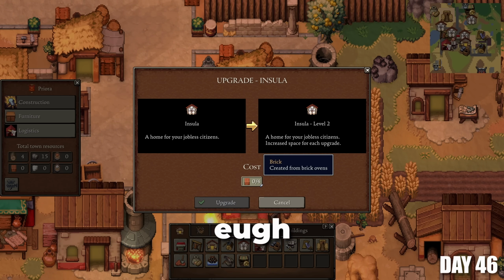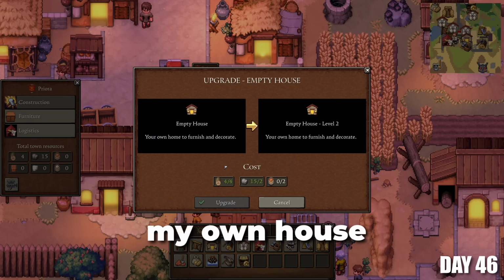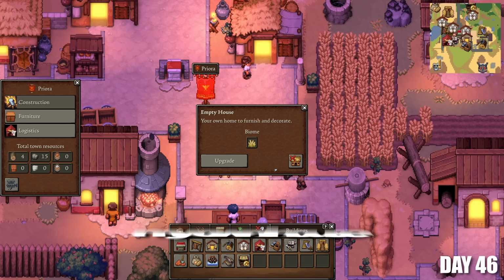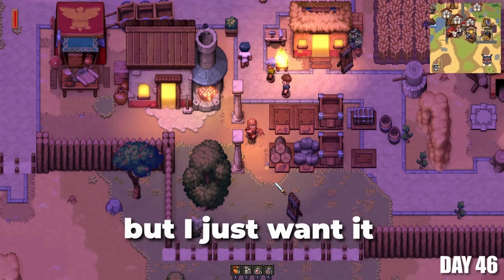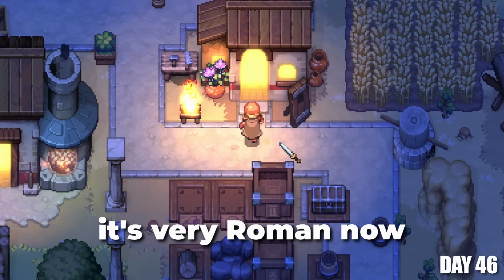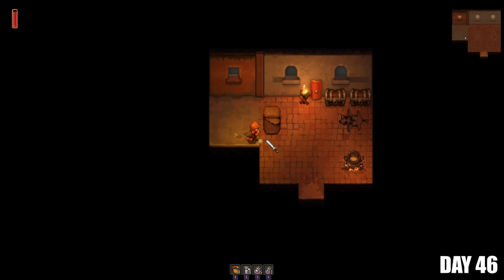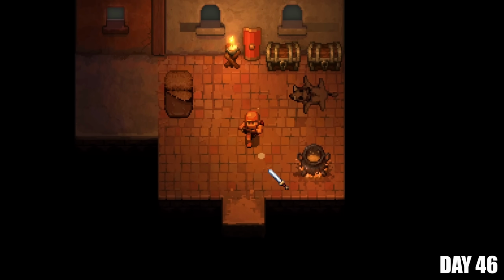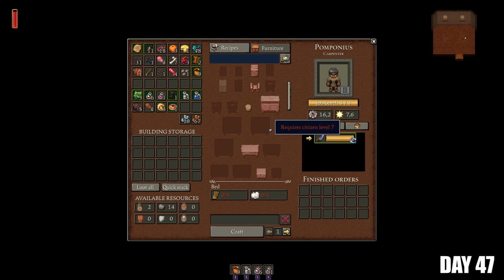Ooh, for Insula, I need bricks. I can upgrade my own house. I do want to upgrade my own house, just because it's not necessary, but I just want it. Ooh, it's so cool. It's very Roman now. Upgrading my own house made it look not only much more stereotypically Roman, but also so much more cozy looking. So I could not stop myself, and I went on a whole quest to make my own home